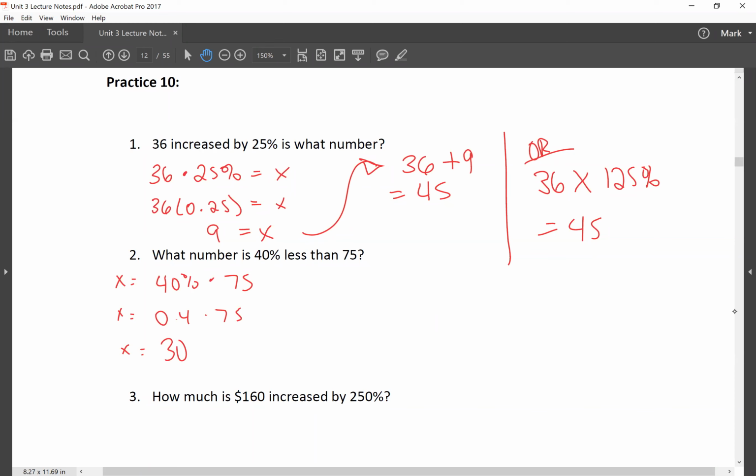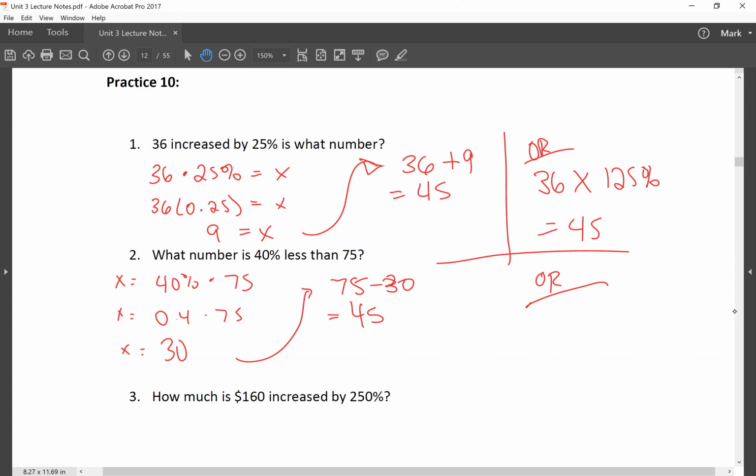But now remember, it's asking what number is 40% less than 75. So what I'm going to do is then I'm going to take the 75 and subtract 30. And then I would get my answer, 45. They were both 45. That's funny. Now, another way I could do this